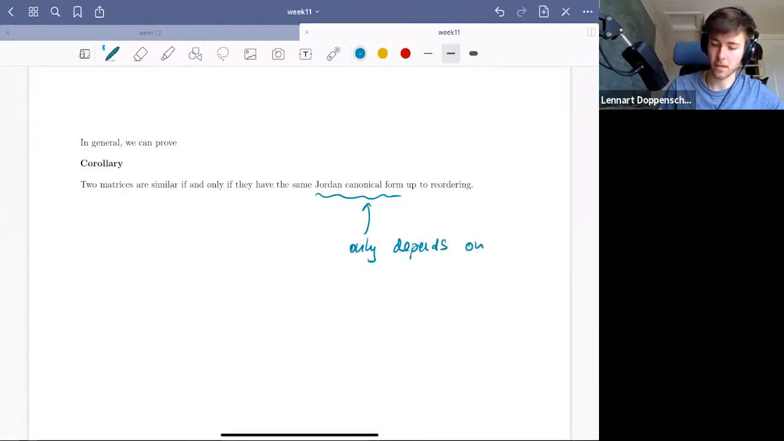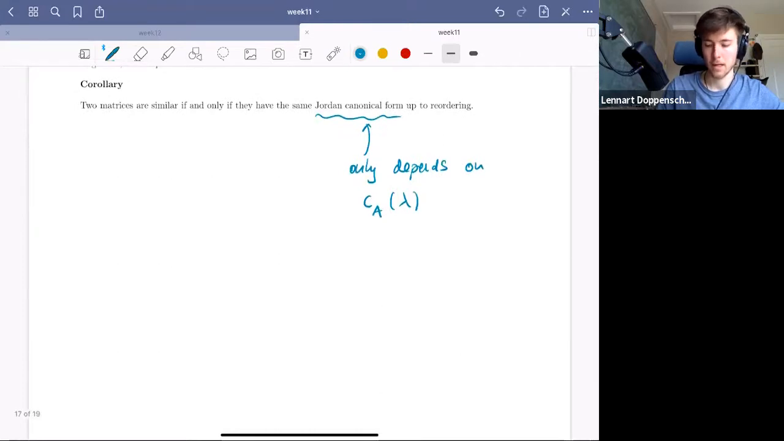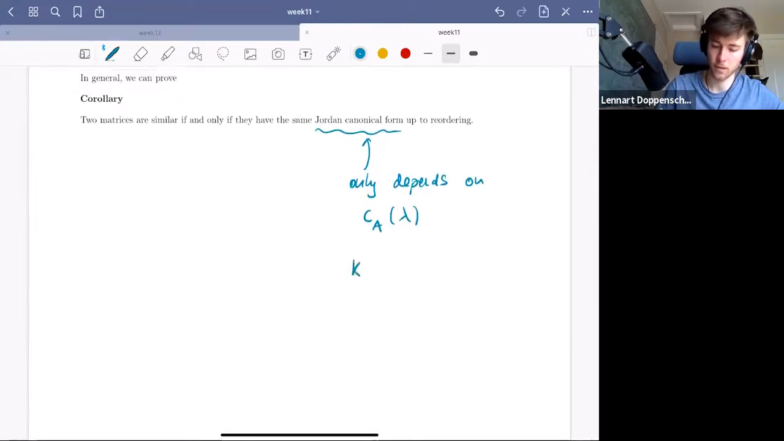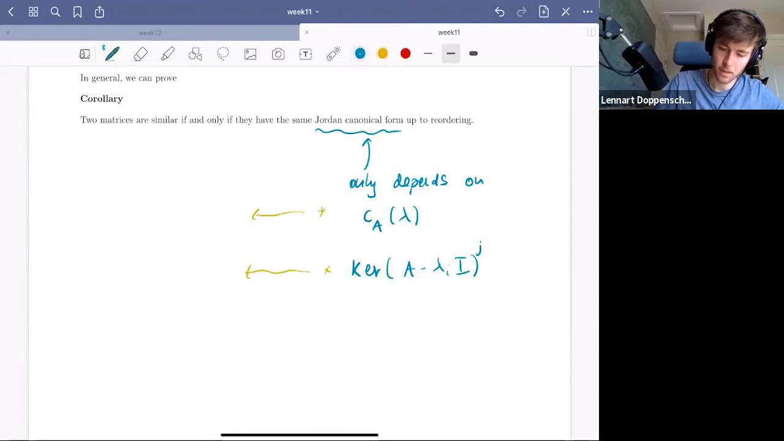It only depends on the characteristic polynomial, so on CT, I mean, with matrix CA of lambda, and the kernels of A minus lambda I to the J, which gives you the cycle tableau. And these two things, they're the same for B if B is similar